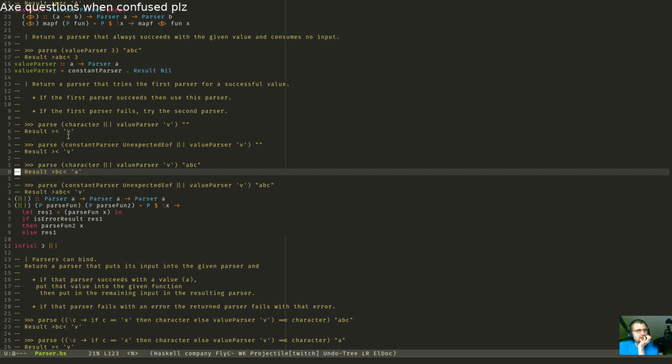Let's see, what is this? Result nothing. Return a parser, first parser result of value. Well, I used the other thing, right?